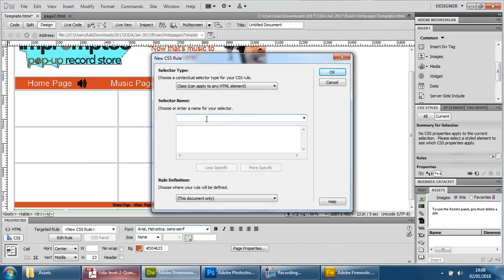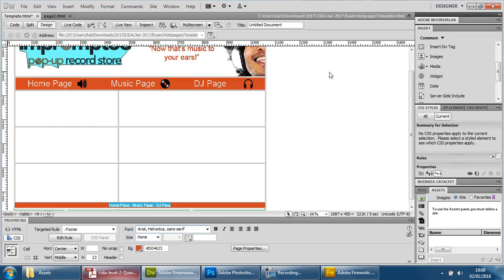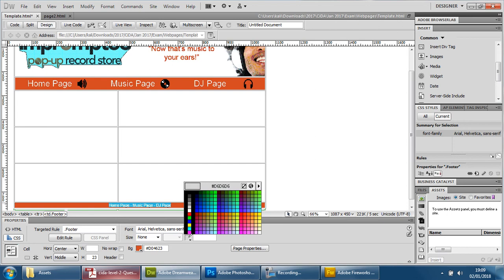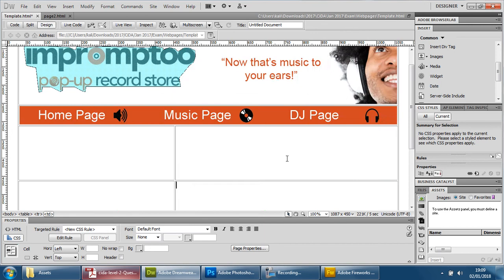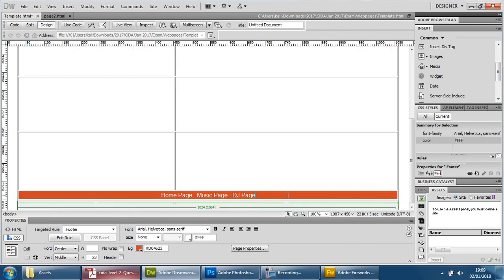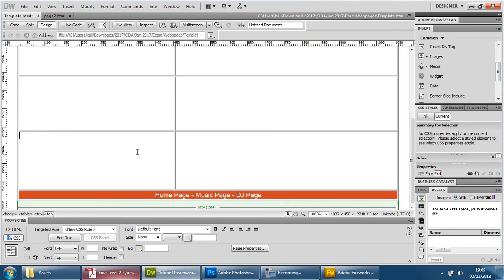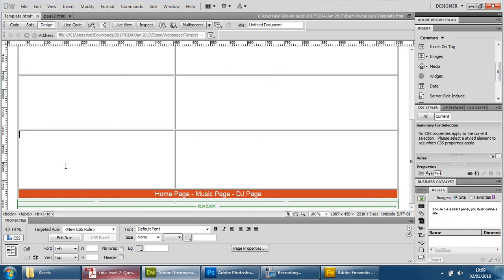Keep it simple. I'm going to call this a footer, because that's what that area is basically known as, and press OK. And I'm going to change this to a white as well, so make sure that the font is also white. And if I click away, you'll see it's a little hard to see there, but if I zoom back into the normal space, there it is. The font, however, isn't the best, so I'm going to change the font size to an 18, I think might be good, and just double check that the